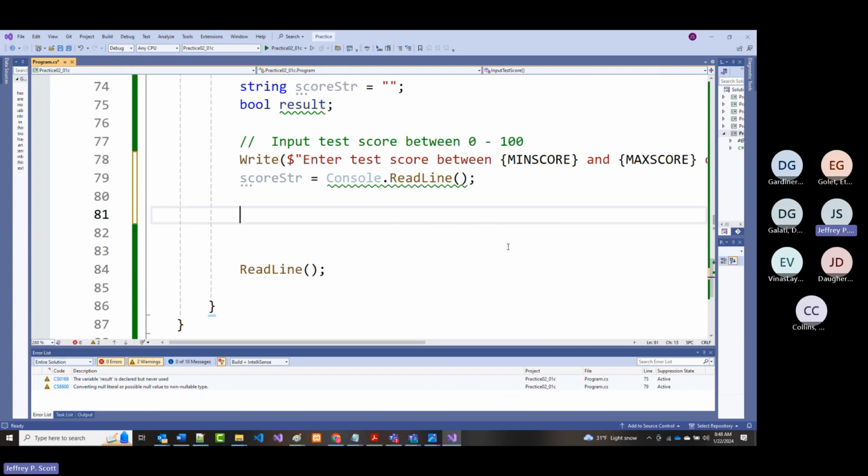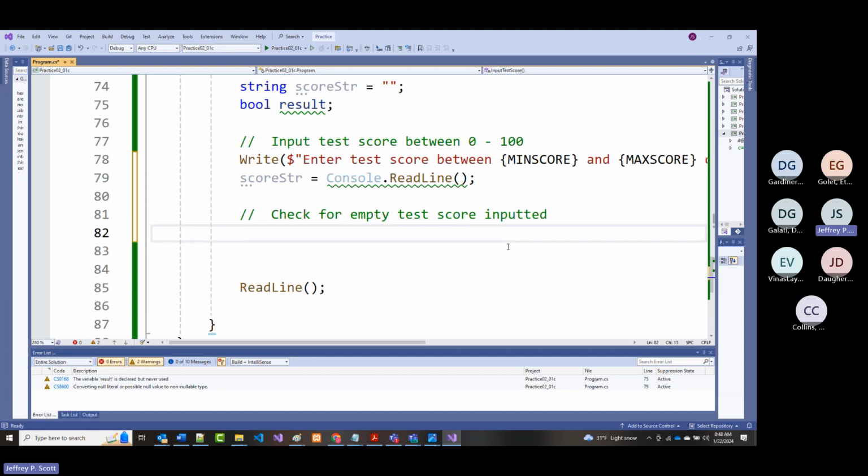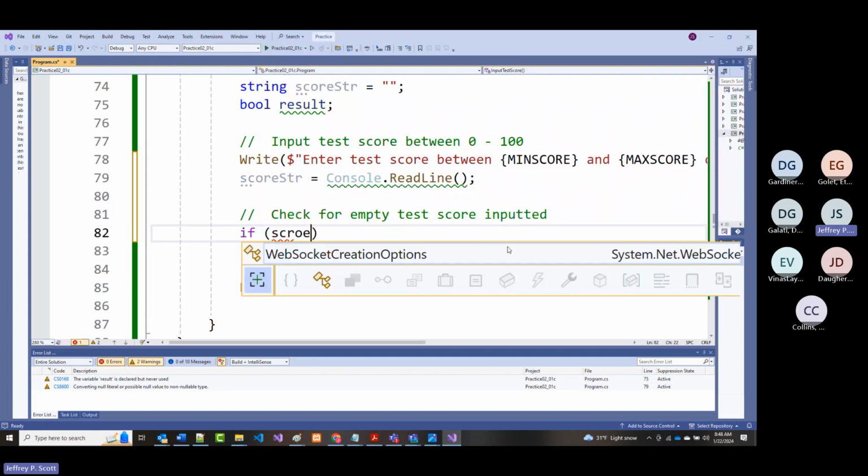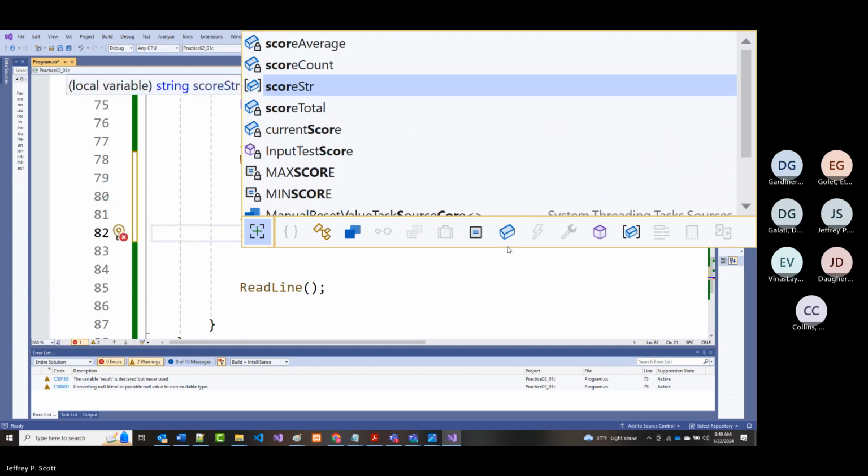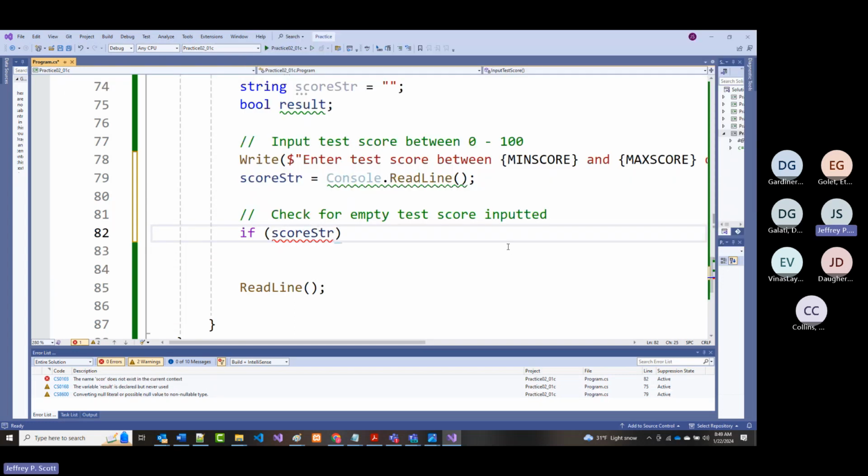All right. So the first thing I want to do in here, there's going to be 3 checks I have to make. First of all, I want to check to make sure, what if they entered nothing? All right. So if they entered nothing, okay, I don't want to go any further. Check for empty test score input. All right. So if that score string, score str dot trim to remove any leading or trailing spaces, if it's equal to nothing,